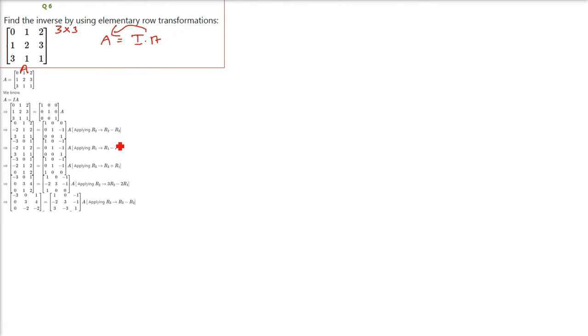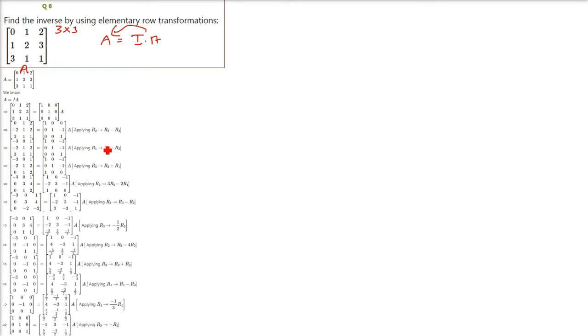Solution is in front of you. But we are going to do this example one by one, step by step, so that you understand fully how this elementary row transformation works in case of finding out the inverse of the matrix. So you have 0, 1, 2 here, 1, 2, 3 and 3, 1, 1. This is your matrix A. Then the identity matrix here,